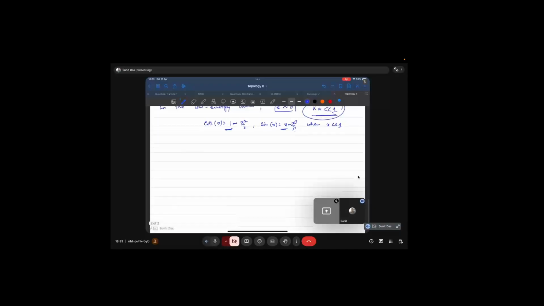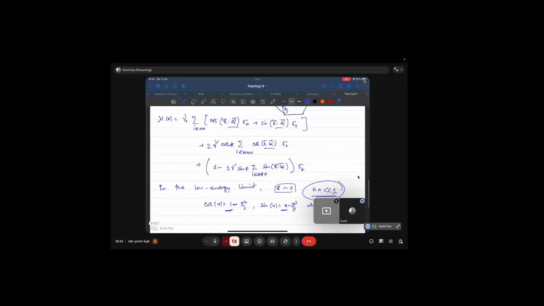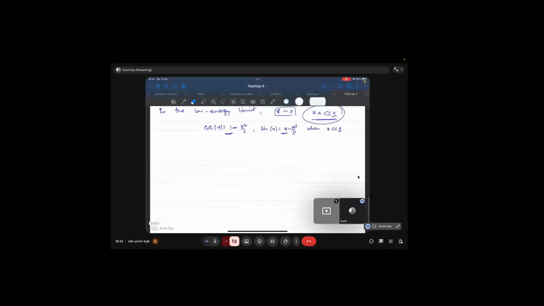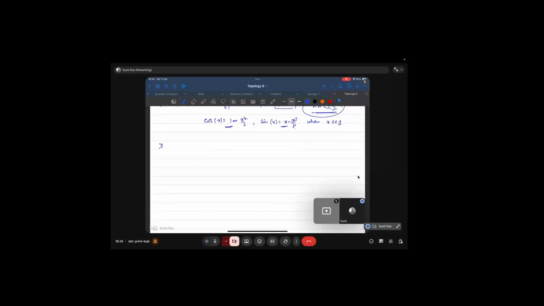So if you do this expansion, or the limit of this Hamiltonian, then what we can get is the following. Depending on whether it is around the K value or the K prime value, you will have a Hamiltonian of something like this,